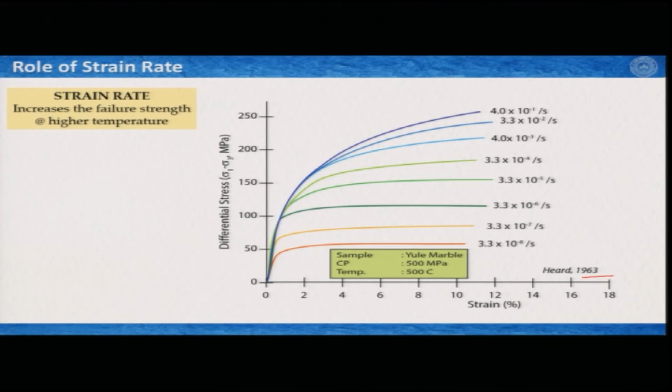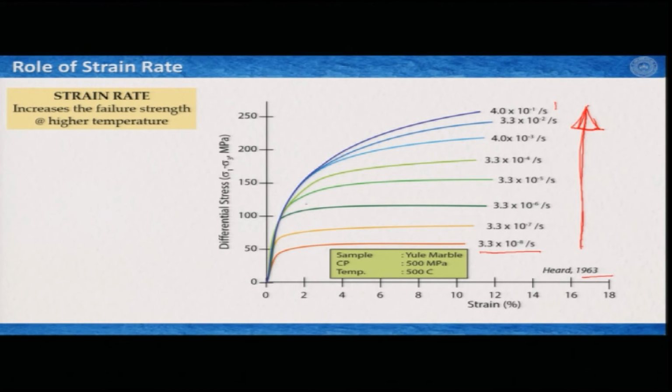So, these two were kept constant, and he varied the strain rate from 4.0 times 10 to the power minus 1 to 3.3 times 10 to the power minus 8 per second. Clearly, we can see that from here to here the strain rate is increasing, with the magnitude here being 8, then 7, then 6, then 5 and so on. So, one can change it by orders of magnitude in an experiment, and this is how the strain rate has